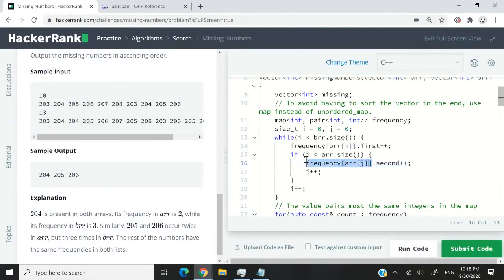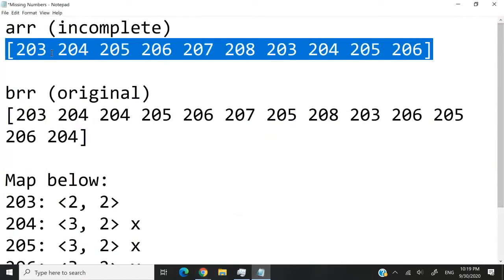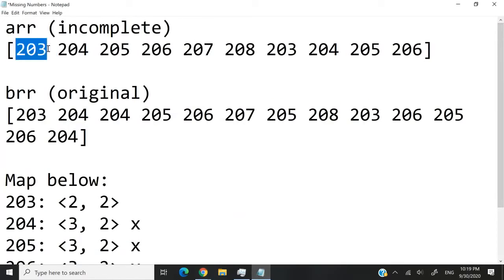So when I say this here, and I have dot second, it's as if I said, let's say index 0. At the first iteration I'm here, and 203 would be equal to 1 at first. This is dot second. Then when I find it here, it becomes 2. So this becomes 2, and that is why we have 2 here. So we keep updating the frequency for the second integer inside our pair.